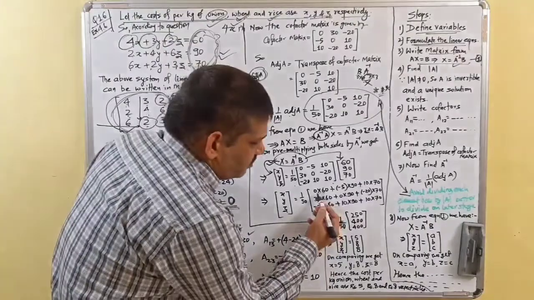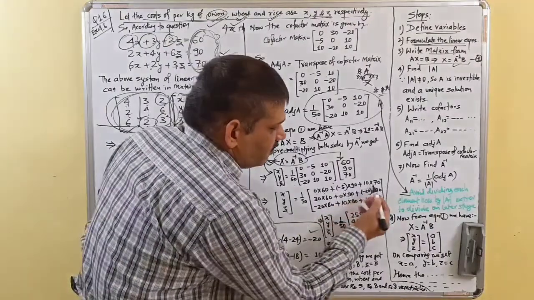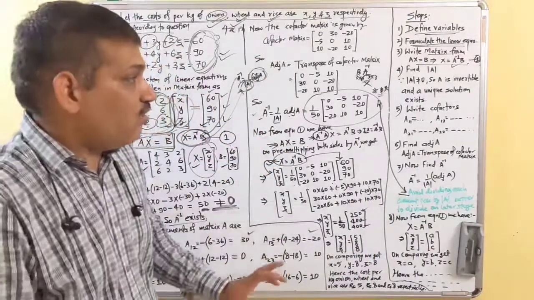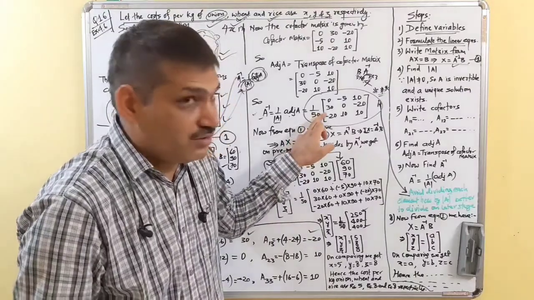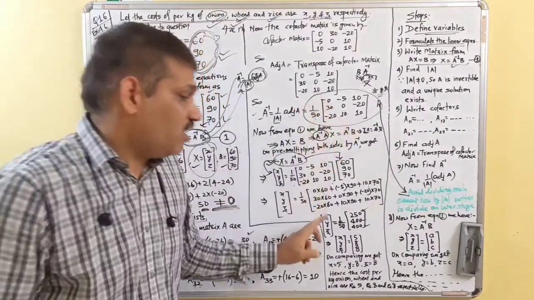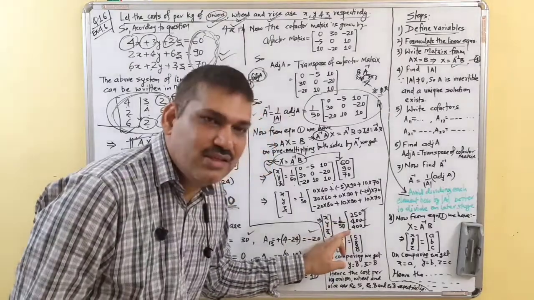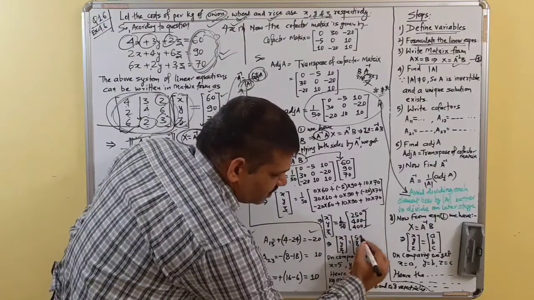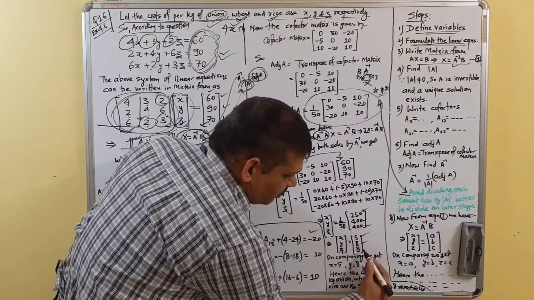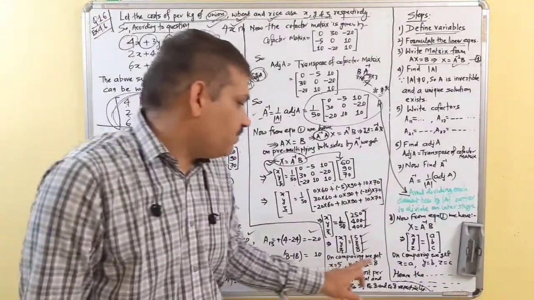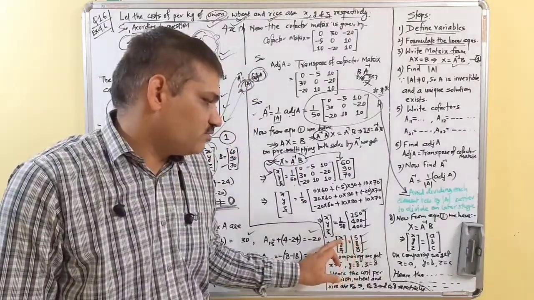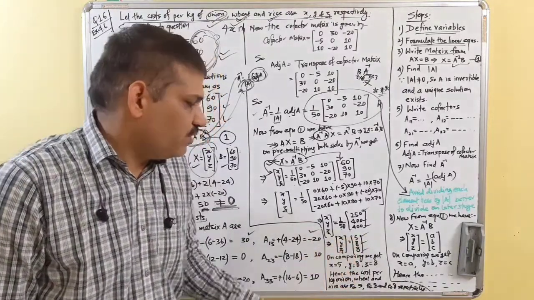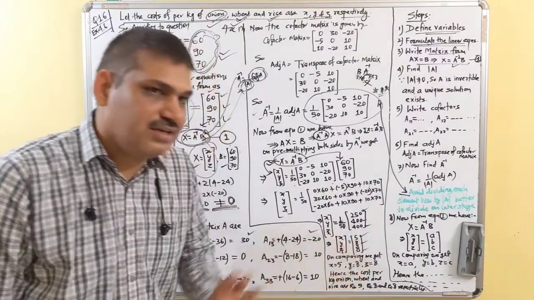Now this is 0 minus 450 plus 700. 700 minus 450 is 250. Likewise, this is 400, 400. Now we haven't divided it here. We avoided dividing it here because now you can see we can easily divide each and every term of this matrix by 50. So 250 by 50 is 5, 400 by 50 is 8 and 400 by 50 is 8. On comparing, we get these two matrices are equal. So on comparing the corresponding elements we get X is equal to 5, Y is equal to 8 and Z is equal to 8.